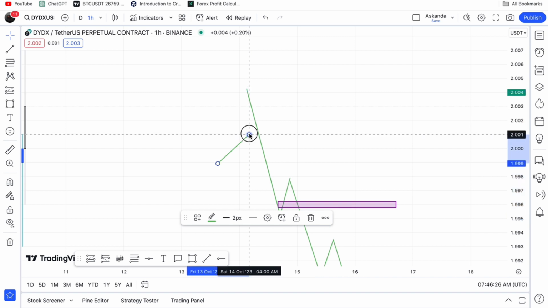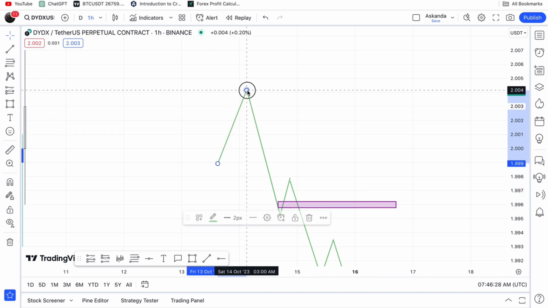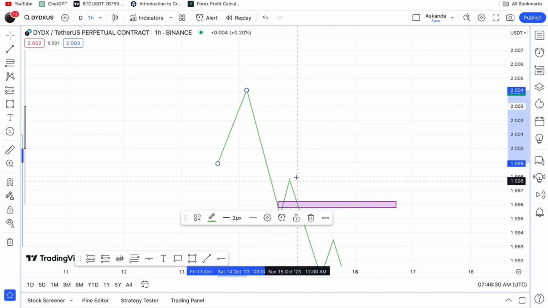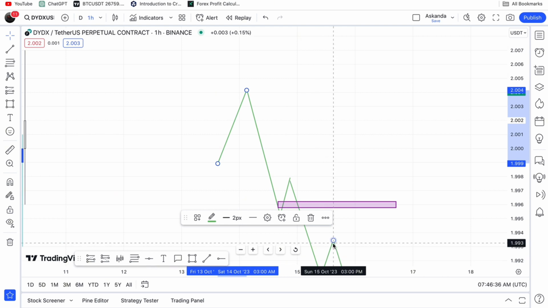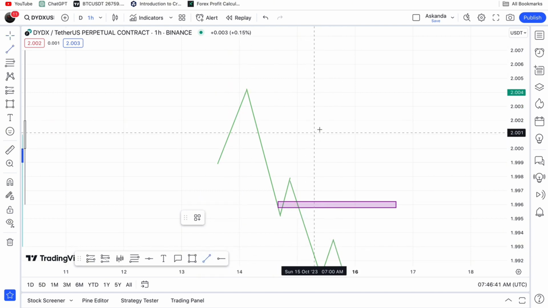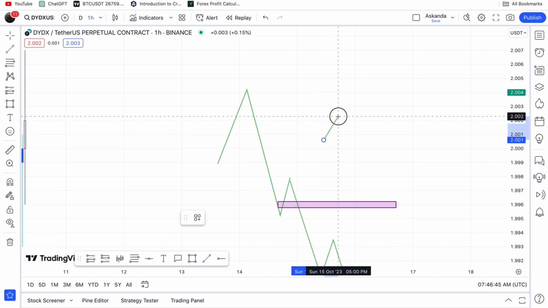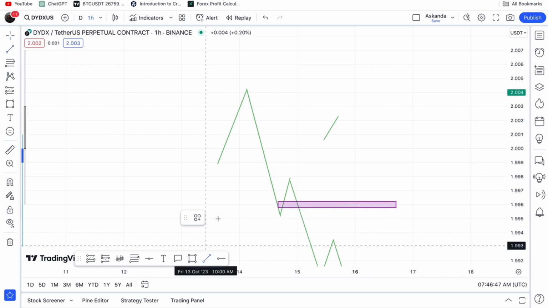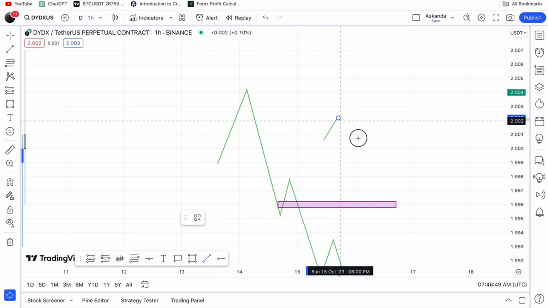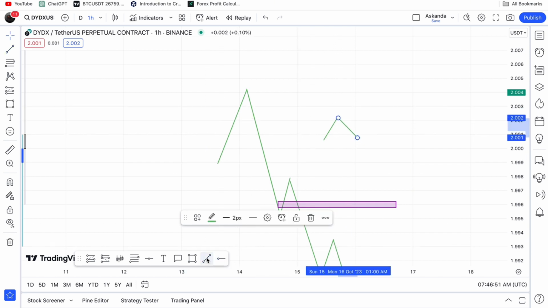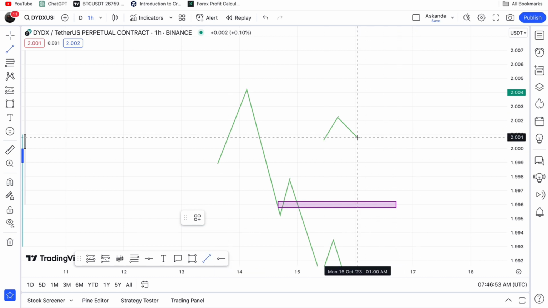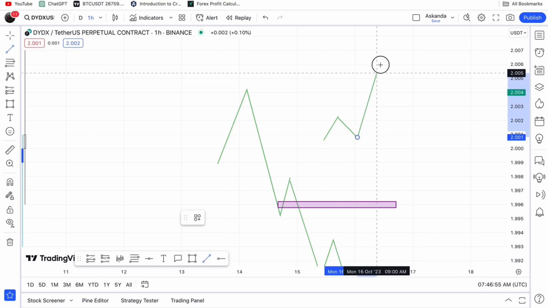So let's say the market was moving down. You just wait for the price to push back to the upside. You enter the trade, then the price will go all the way down again, push back. You will see price just moving straight to the downside or upside. So if we are in an uptrend, the price will move up this way, okay? Then it will push to the downside again this way, then make its way to the upside like this,